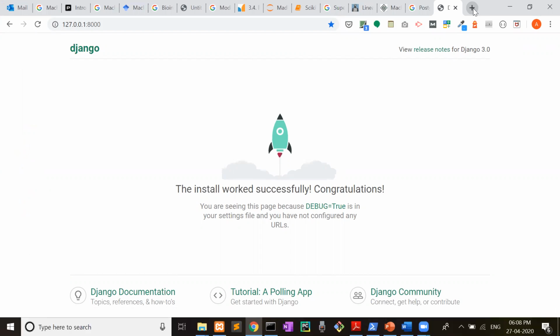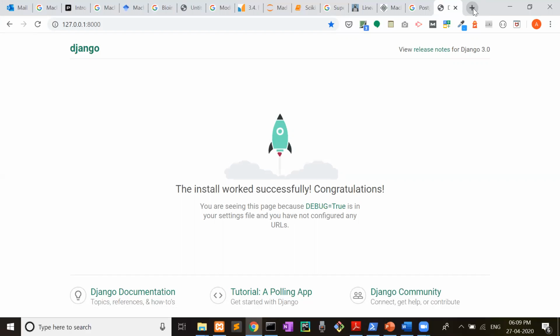Now inside this project we need to create the apps. For example, take an example of a school management system. There are different departments: accounts department, student department, teachers department. So these are different modules for a project.